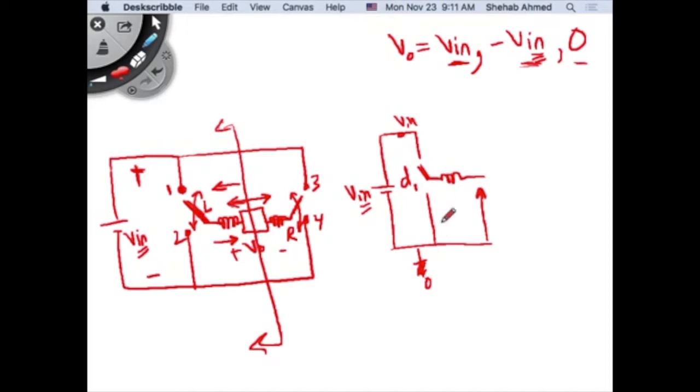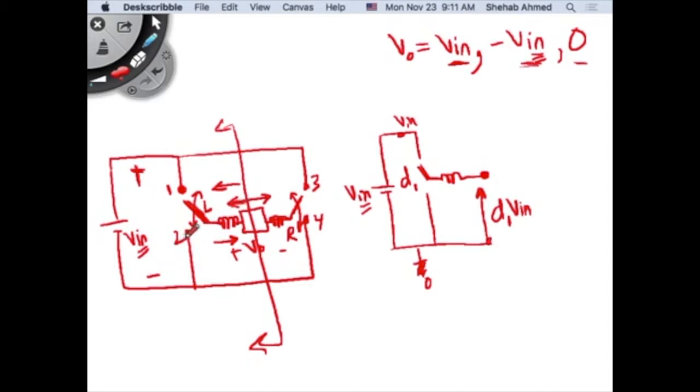So its average value is going to be between 0 and V input. But what is it equal to in terms of D1? Exactly, so it's equal to duty cycle times V in. Right, so I have duty cycle times V in